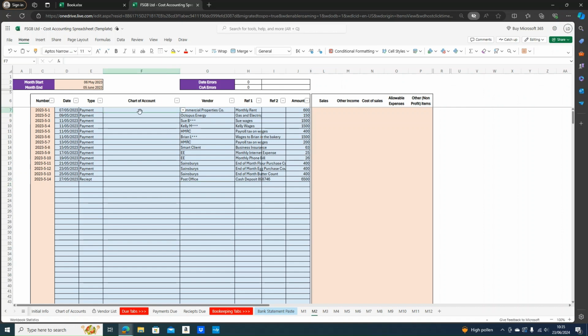Once you've imported all of the bank statement data, you then want to put a chart of account, obviously, like you would need to do that. So I'll just quickly go along and do those. Rent, utilities, wages, payroll,